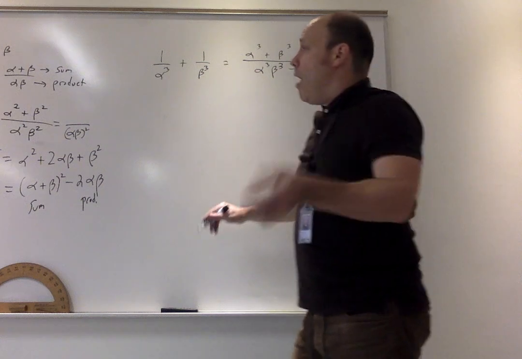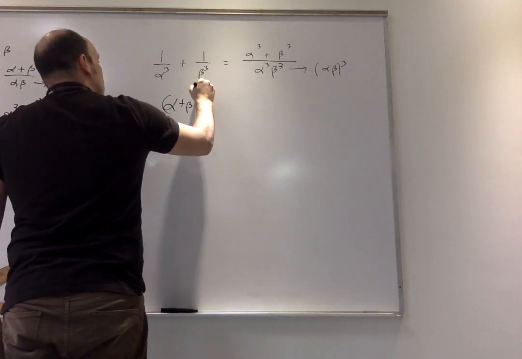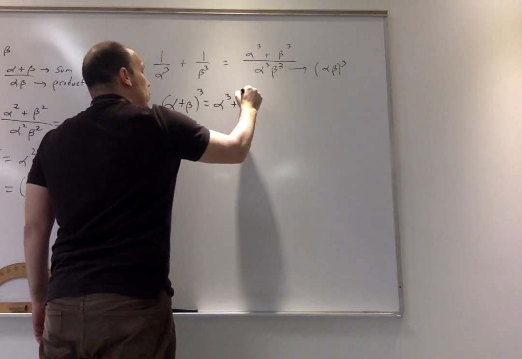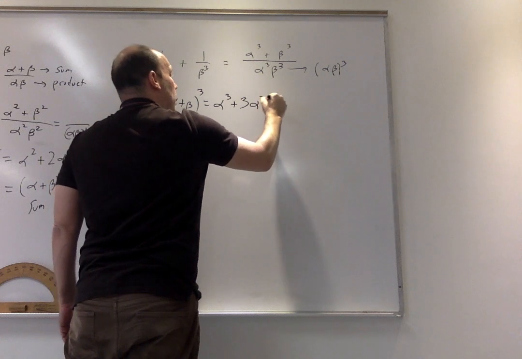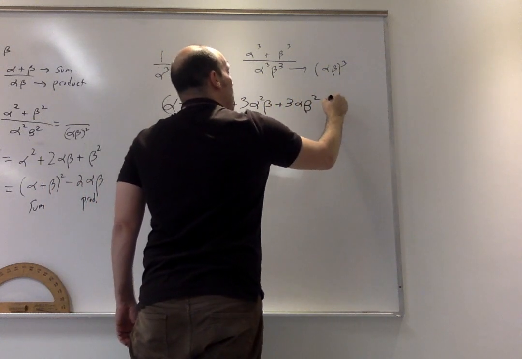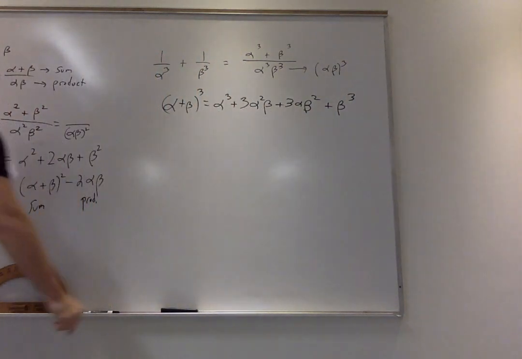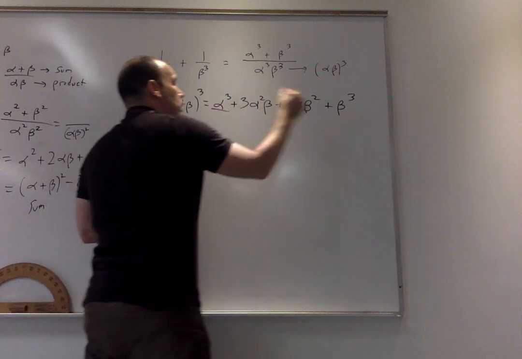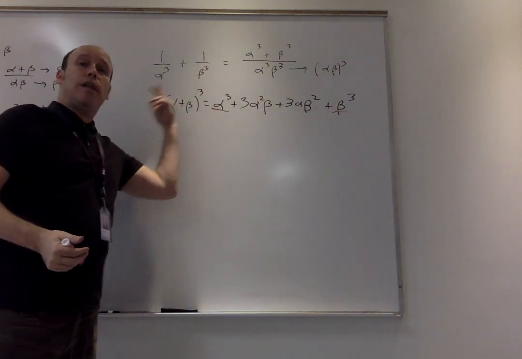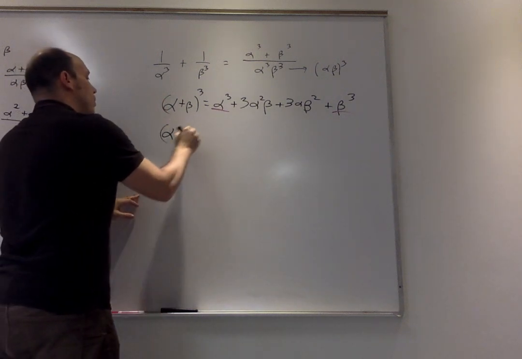Well, you say, okay, I remember this. Alpha plus beta cubed is, and you have to memorize this, alpha cubed plus 3 alpha squared beta plus 3 alpha beta squared plus beta cubed. So we're looking for alpha cubed plus beta cubed. Well, we're going to move this part over to the left, and let's take a look at the statement. Alpha plus beta cubed